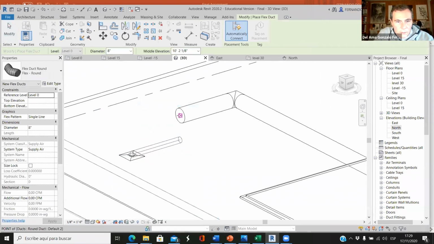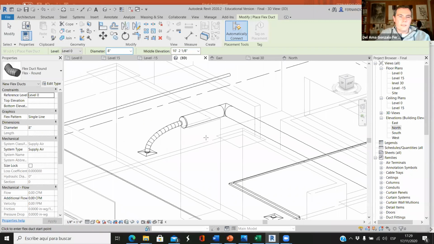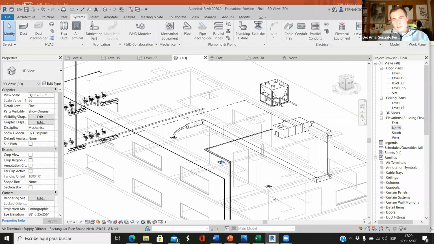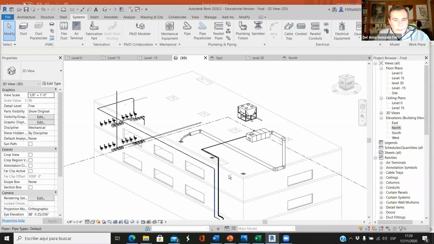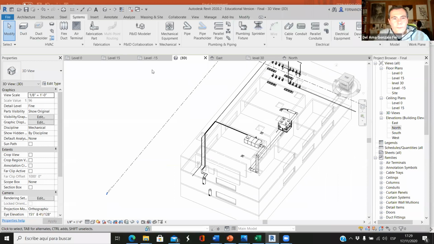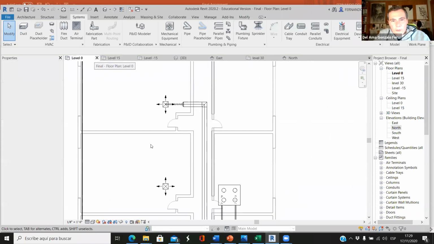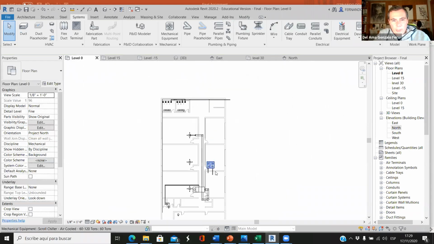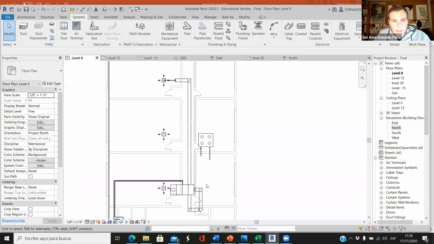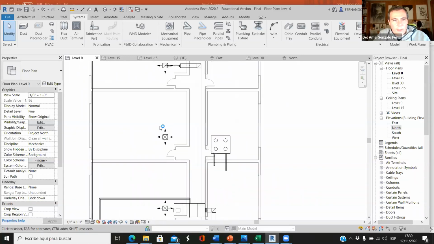Flex duct. Okay, I didn't select the flex duct. Okay, so now you have to connect this and this. And since we have, on level 0, yep, we need supply diffusers for the